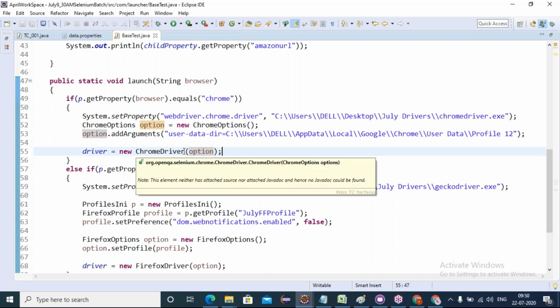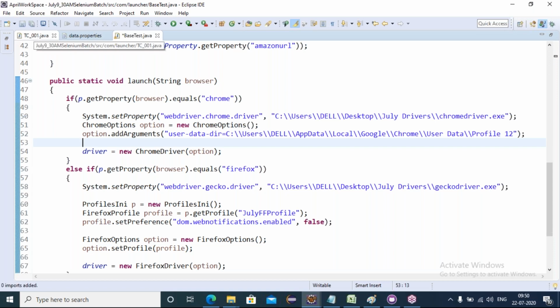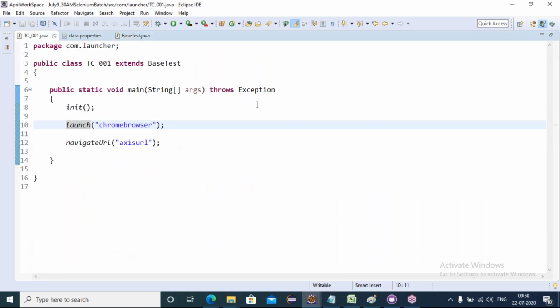Now my Chrome is opening with my user defined Chrome instance. I'm closing this. Just observe, I'm running my test case.